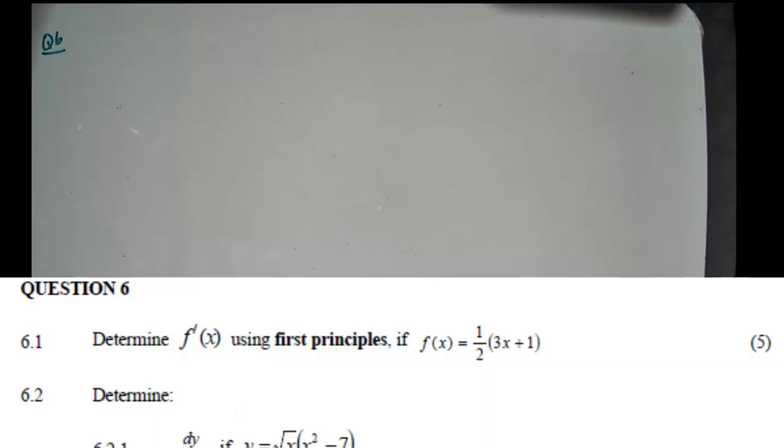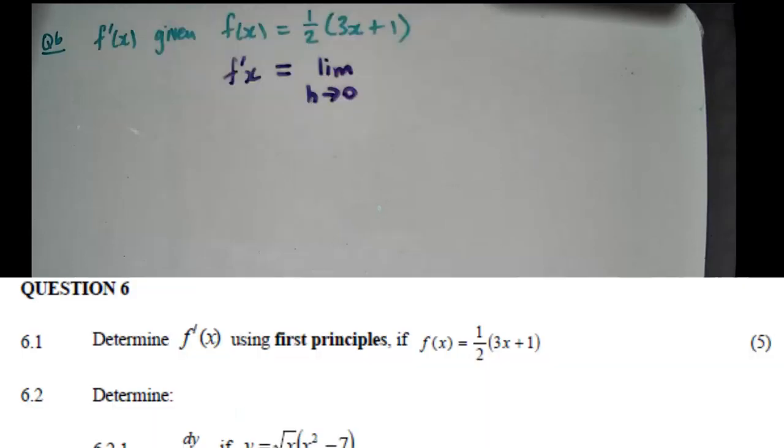Right, going on to the question 6. Question 6 is first principles, and this is our question we get. Right, so question 6.1 is the question. So we have to use the formula of first principles, and the formula of first principles is f(x plus h) minus f(x) all over h. That is our formula. Now if you look at f of x is equal to all of this,